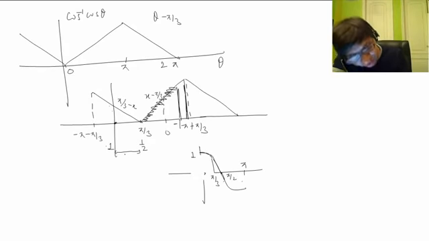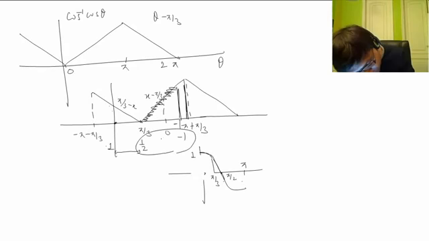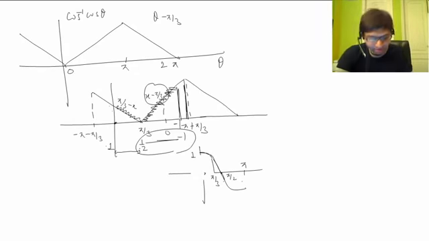So you have to do the mappings also, interval mapping, the mapping of theta and x, and then you can say x varies from minus 1 to half, in this minus 1 to half, the definition is x minus pi by 3, and when x is from half to 1, theta is from say 0 to pi by 3, the definition is pi by 3 minus x. So you don't need to derive it again, you are picking up from the graph of cos inverse cos x. Whichever way you find easy, you can do that.